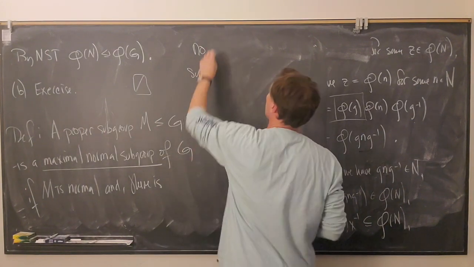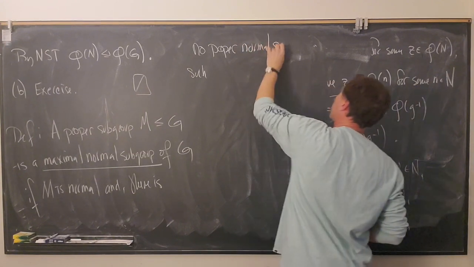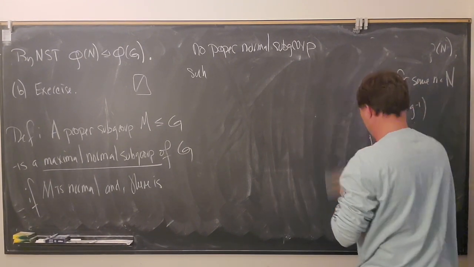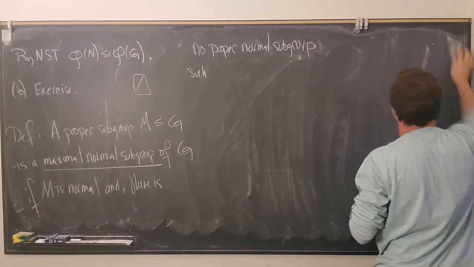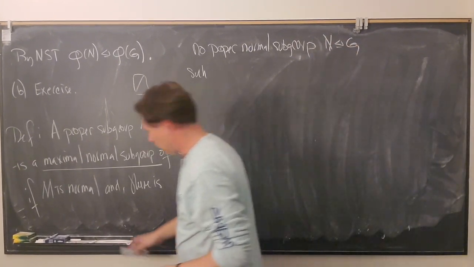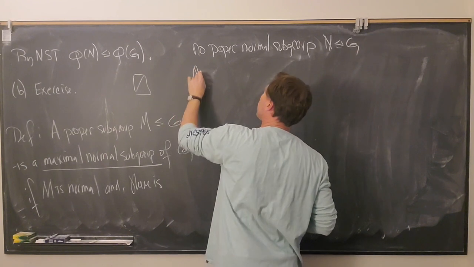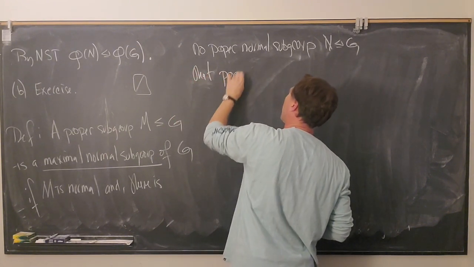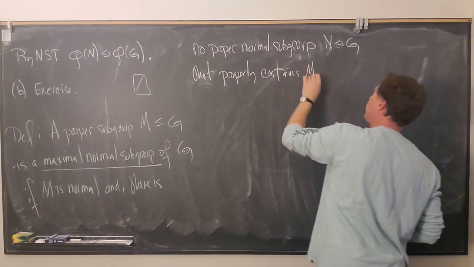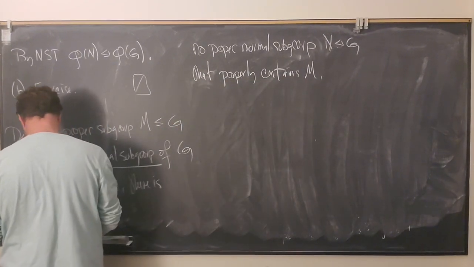There is no proper normal subgroup, say N in G, such that, let's say it this way, that properly contains M. So it's kind of a tongue twister of a definition, not my favorite definition in the world, but the